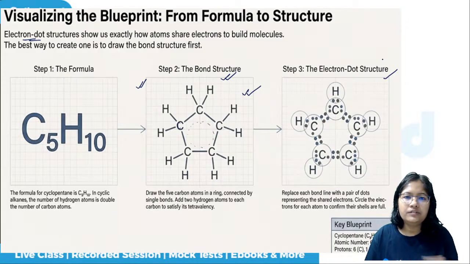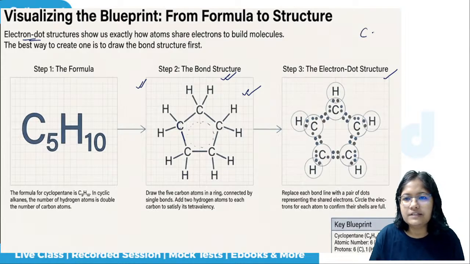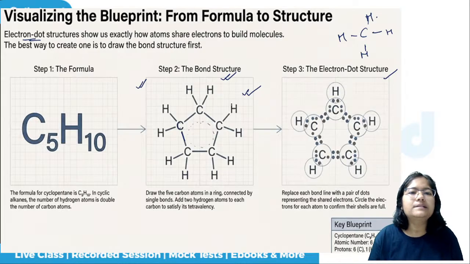In none of the exams are they asking about drawing these structures. We don't need that. What we need to understand here is, if the carbon structure is so easy to represent multiple times, what do we actually mean by tetravalency and what do we actually mean by catenation? Catenation and tetravalency, we have already understood separately.